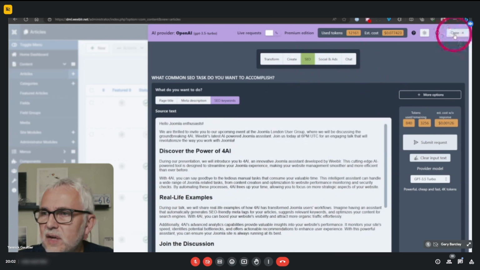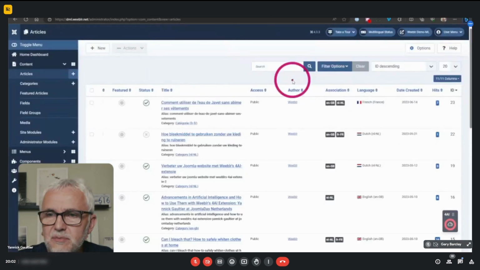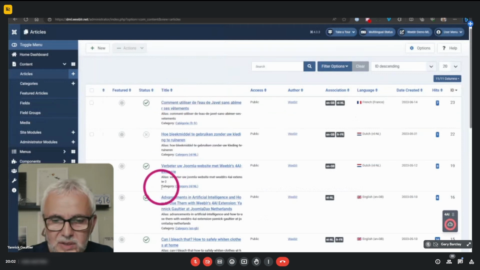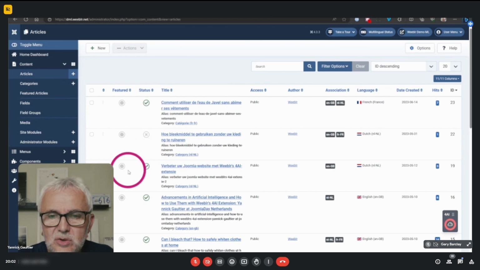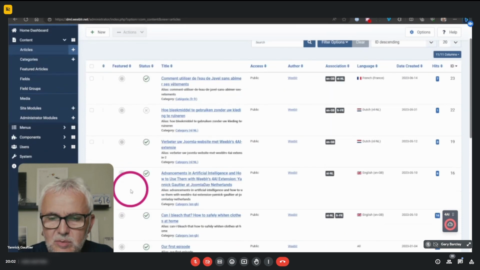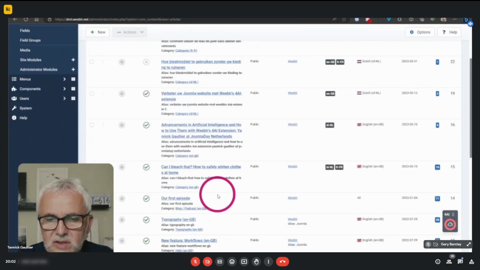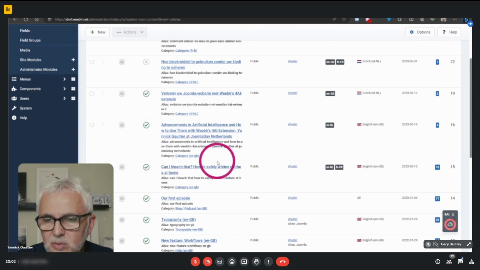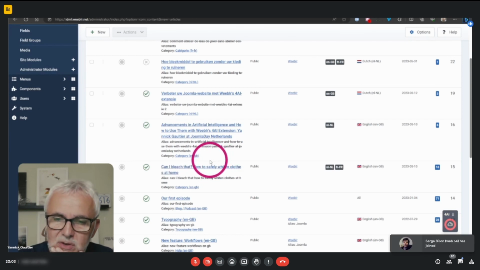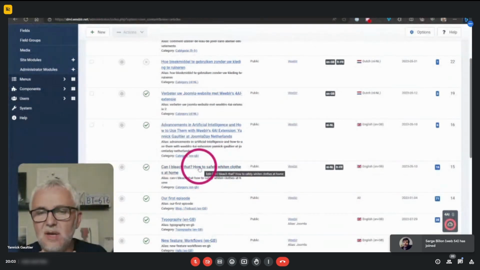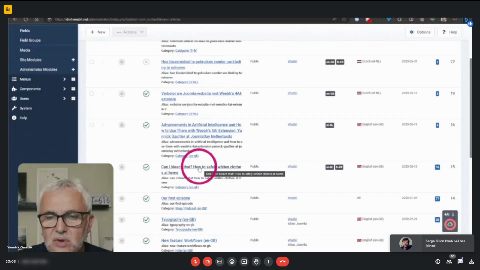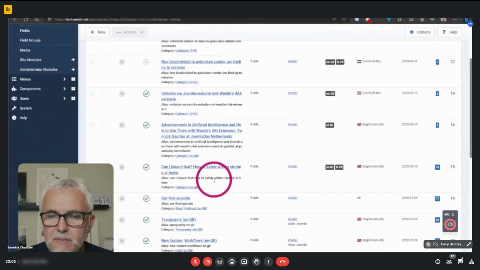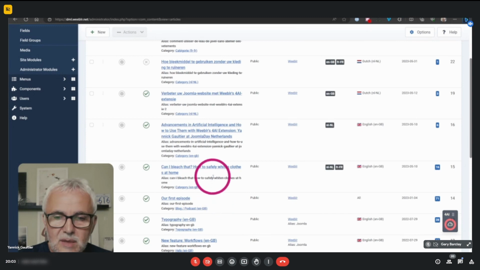Okay, so I'm going to close this now and maybe do something else. I'm going to do it right here because it's a bit more visible, but it can be done. So I have this very interesting article about bleaching your clothes at home and how you can do that safely, which is a topic that probably most of you are really interested in. And I'm going to work on that.